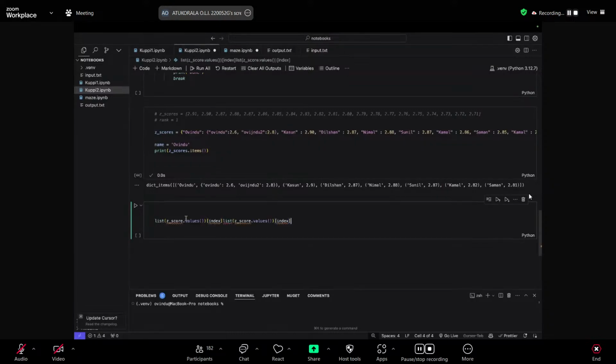So yeah, we can use this. My only question is, will the list which we generate have the same index that we want it to have? Because inside the dictionary, I'm not sure if it is ordered.